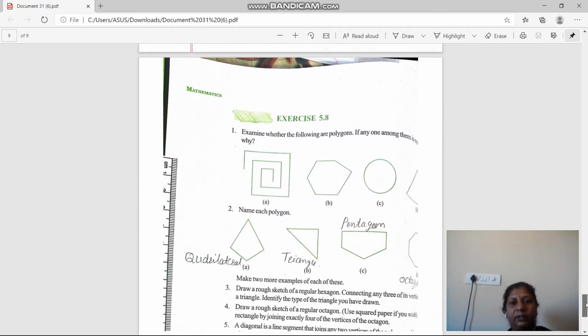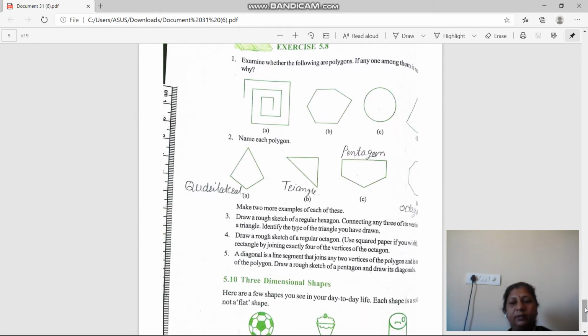So we have solved it. Now we see the three-dimensional figures. So please do me a favor, because these pages are not included in the document on the screen. Please open the book. Only one topic remains, that is three-dimensional figures. Open page number 108 please. It is the last topic we will study in the book.